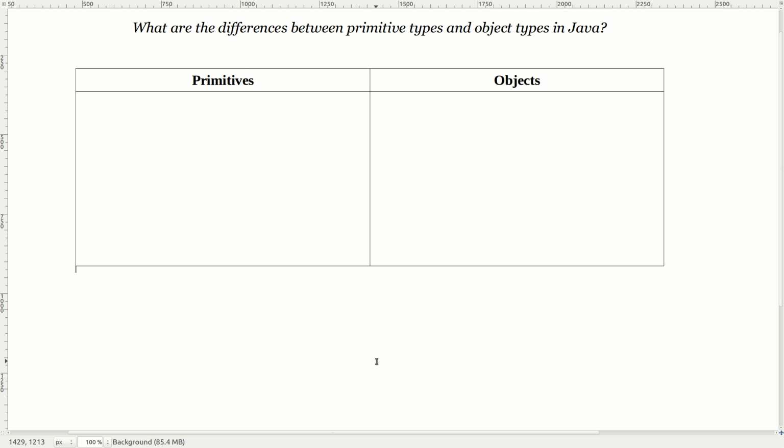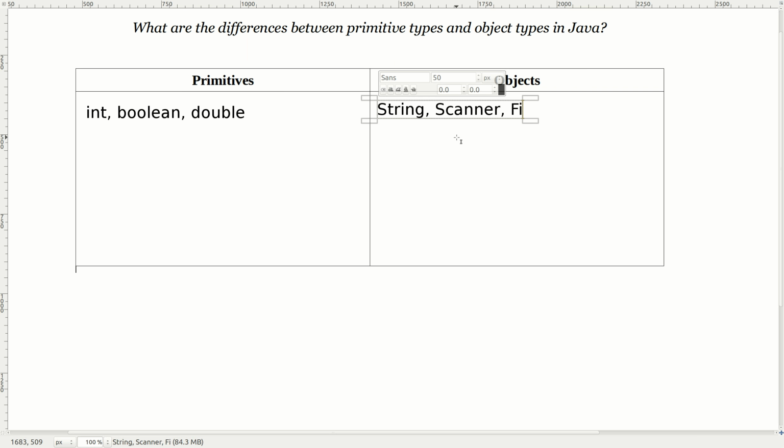You've dealt with data before, and you probably are used to thinking about different data types. But one of the differentiations that we're going to move into going forward is thinking about primitive versus complex types, or primitive versus object types. And so if you have seen these sorts of types before in Java or in a similar language, you may have seen primitives like int, boolean, doubles, and things like that, and objects like a string or a scanner, or maybe you've even done things with